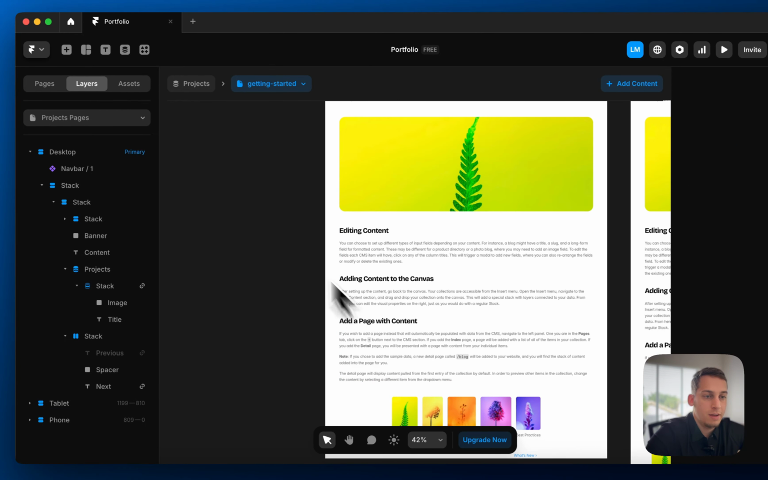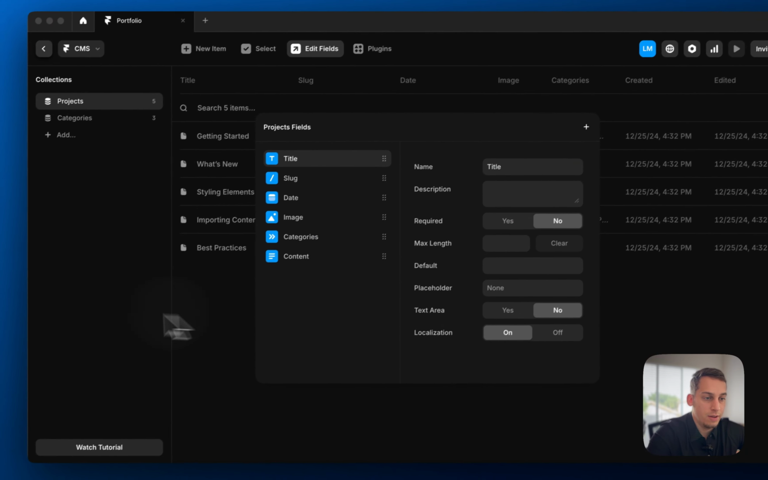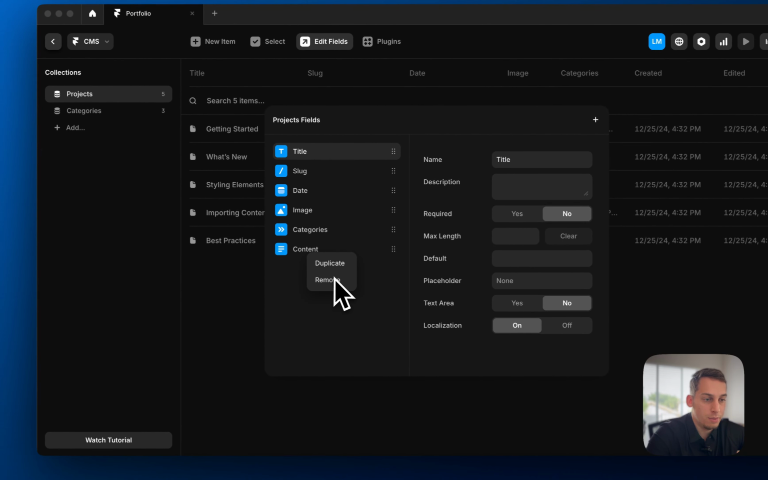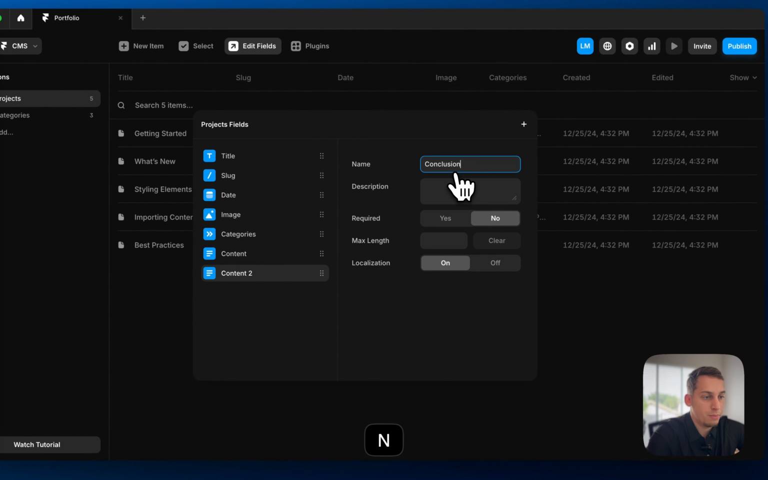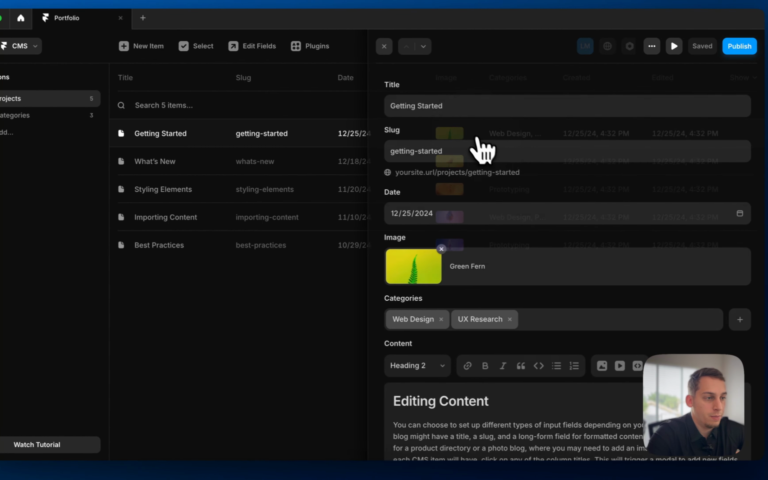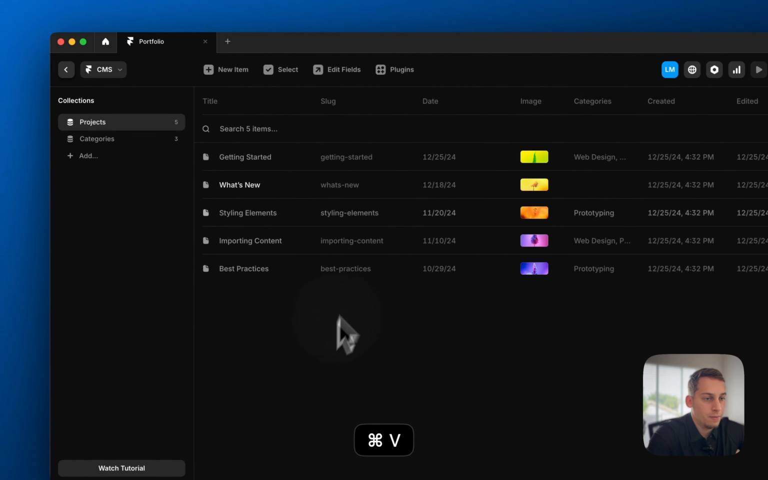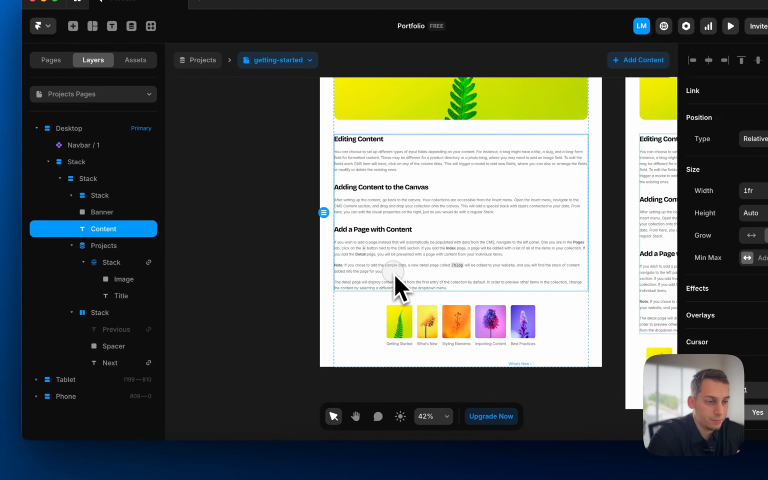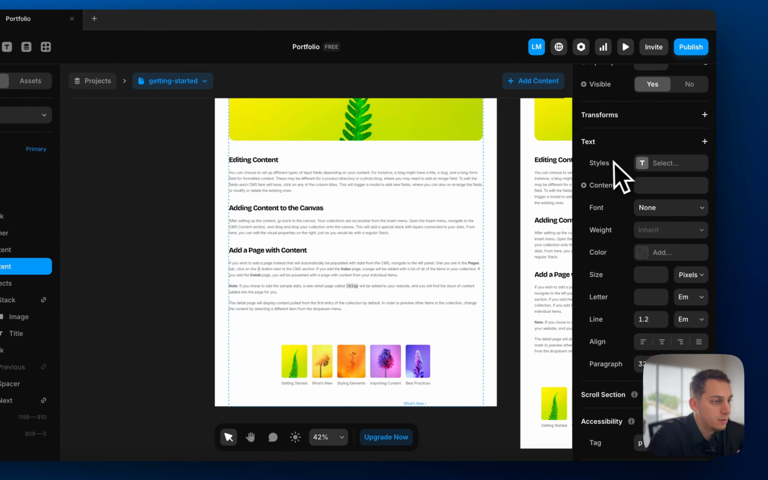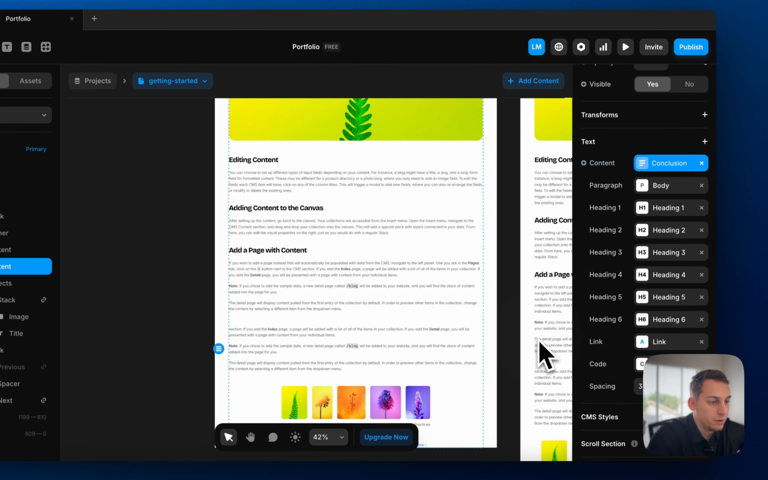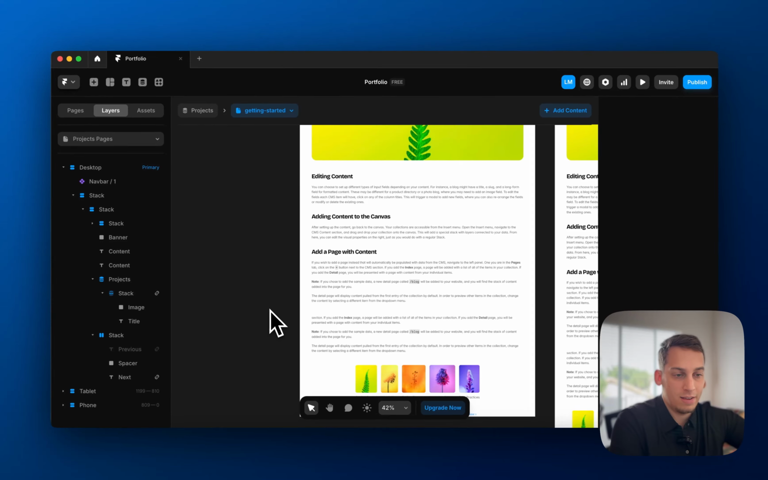And basically what you can also do is go to your CMS and click on edit fields. And if you want to add more content, you can just duplicate this and be like, this can be the conclusion of your project. And we can click here and just copy a little text, right? Go back here. We can duplicate this, and this can be linked to conclusion, right? And that's how it would look like. So this is the very basics of